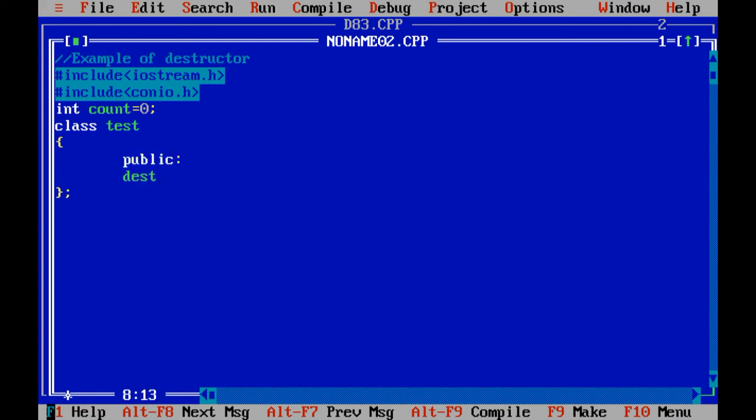Destructor, test, instead of test let me do destructor. Let us create the constructor, count plus plus, cout, count is incremented, and the count variable.